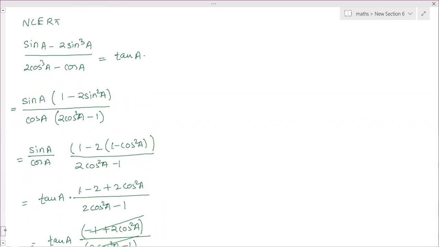Mom, can I send you the sum which I have doubt, mom? Question number, tell me, I have your book. 23 itself, mom. 23, the first one I solved half, mom, but after that I couldn't. Cot theta minus tan theta equals 2 cos square theta minus 1 by sin theta cos theta.